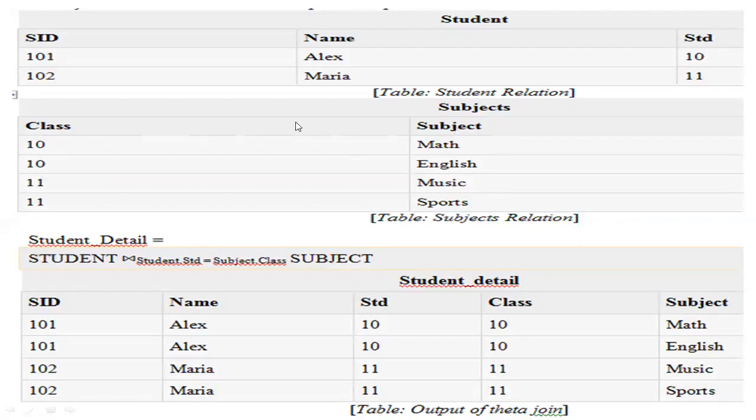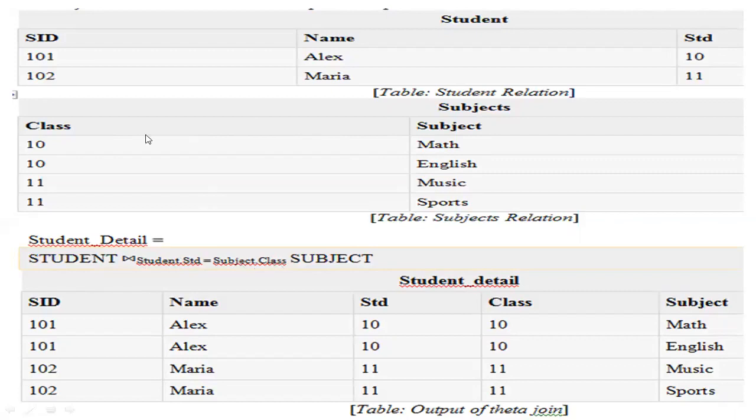So now when you perform this, again the EQ join, right? The student detail. So how are you performing it here? Student, and then the join operation based on STD from the student table and class from the subject table.